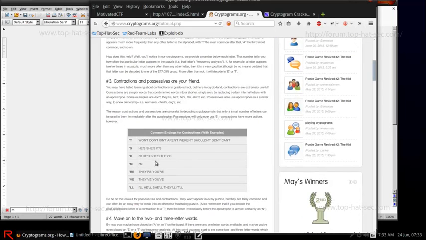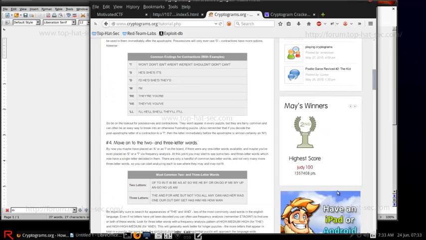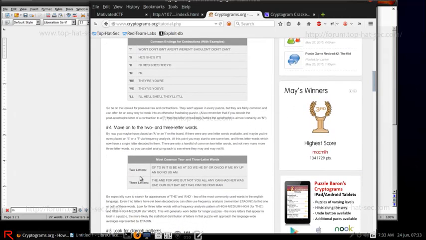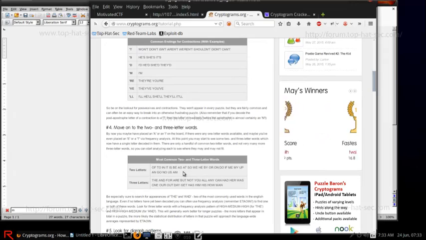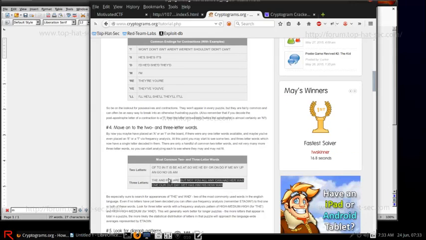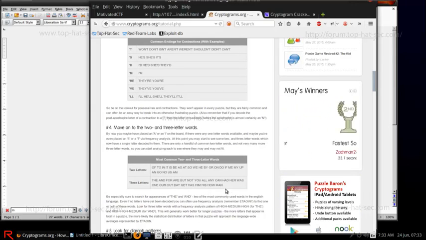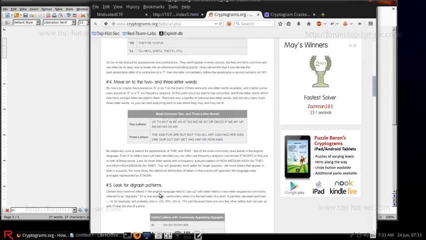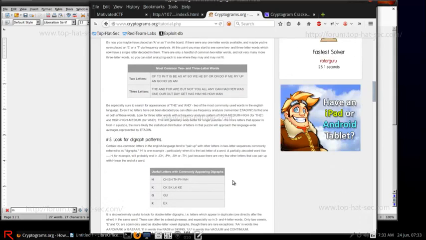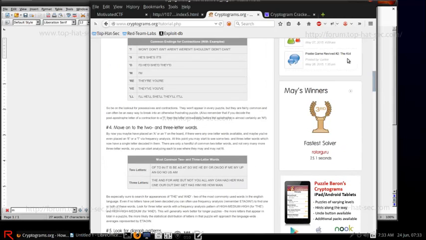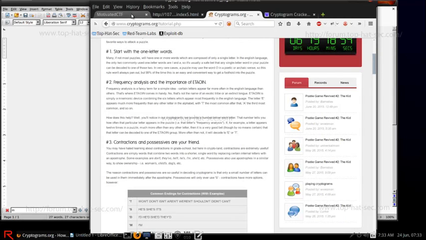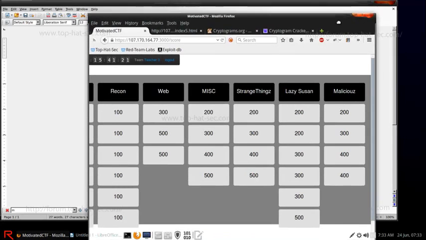And it has 'S, 'D, 'T, 'S, 'T. And 2- and 3-letter words. The most common 2- and 3-letter words. These are not all the 2- and 3-letter words there are, but they are the most common that can help you solve it. So, on your own time, you can go ahead and look at that. But in the meantime, what this says is,